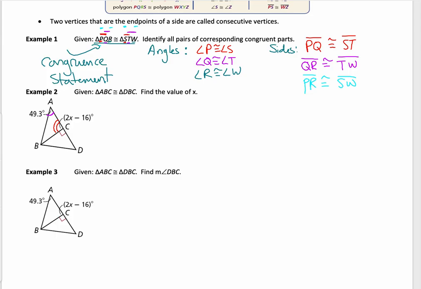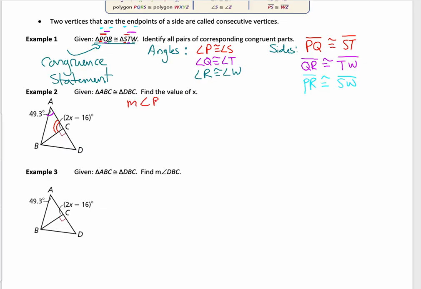Okay, and so just look at the congruence statement, right? And what I'm noticing is that I know what angle BCD is, okay? BCD. So if I look at BCD, let's write this, right? The measure